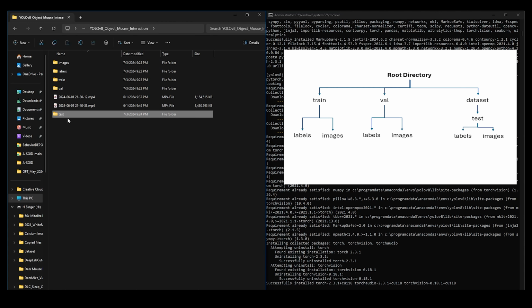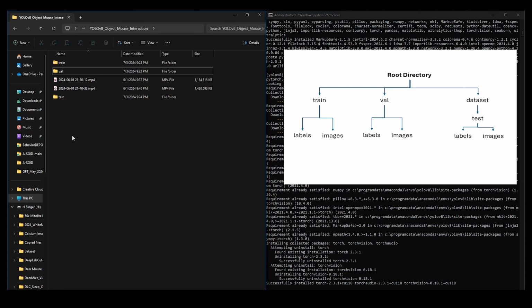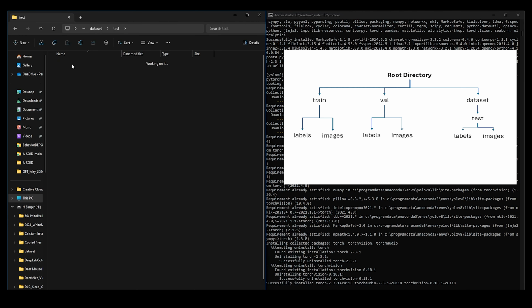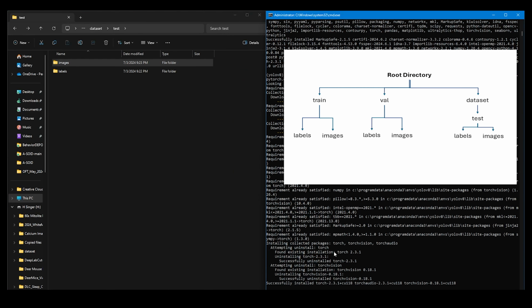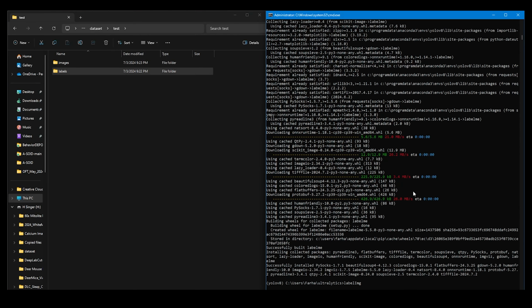And after making my test folder, I'm moving the images and the labels folders from my root directory into the test folder. And this test folder is going to go inside of a dataset folder. And guys, you have to label your folders like this, otherwise it will not work out so well. Let's go through this again. So here I have images, and these are the images that I extracted, and then in my labels folder I have nothing right now because that's where I'm going to store labels. This is embedded inside of a test folder, which is embedded inside of a dataset folder. So this is the structure for the dataset folder that you need to have.